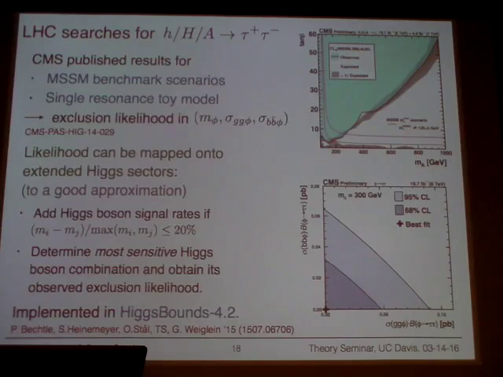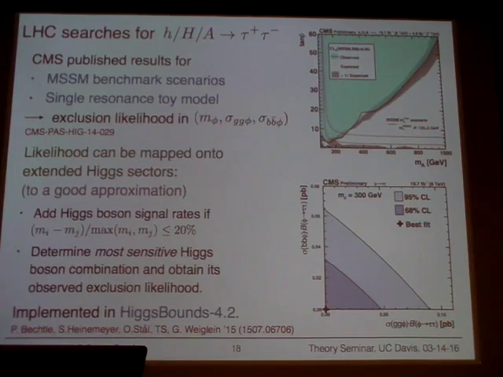Just by looking through the neutral Higgs bosons in your model, seeing which ones lie close to each other in mass, and if they overlap within 20% of their mass, then you say, okay, this analysis cannot resolve this. You add their signal rates, and by forming all these combinations, you then have to determine for which one you expect the strongest exclusion. So you evaluate the expected exclusion likelihood, and then you take that single combination and derive the observed exclusion likelihood value. We implemented this in HiggsBounds,